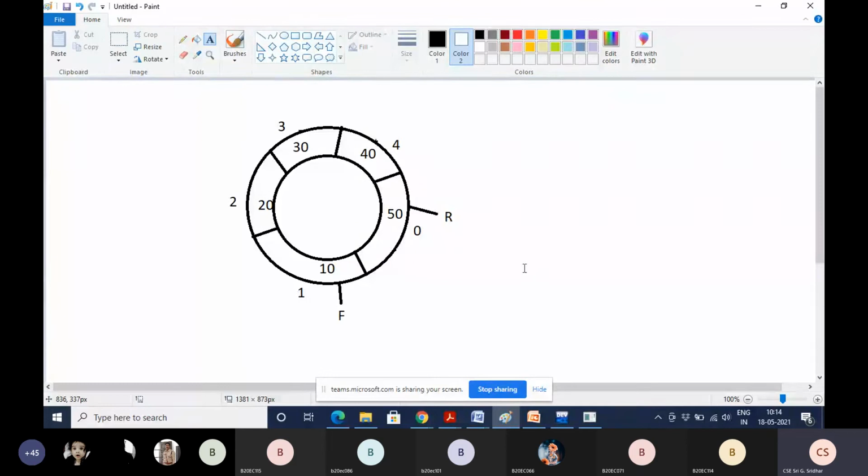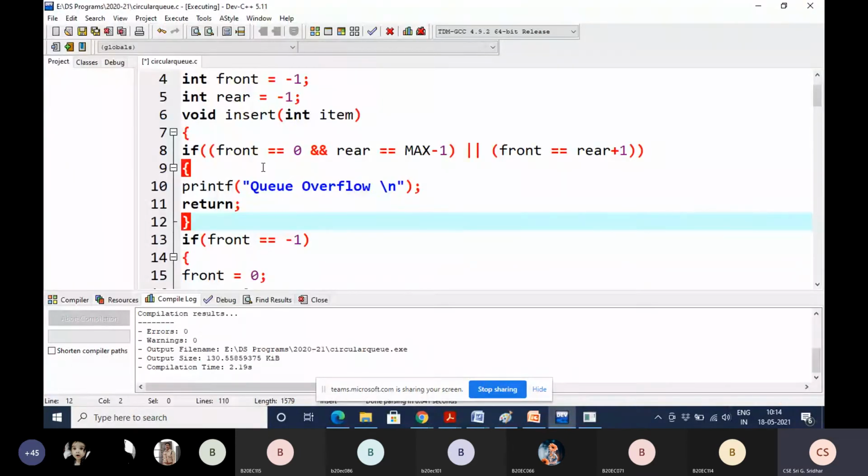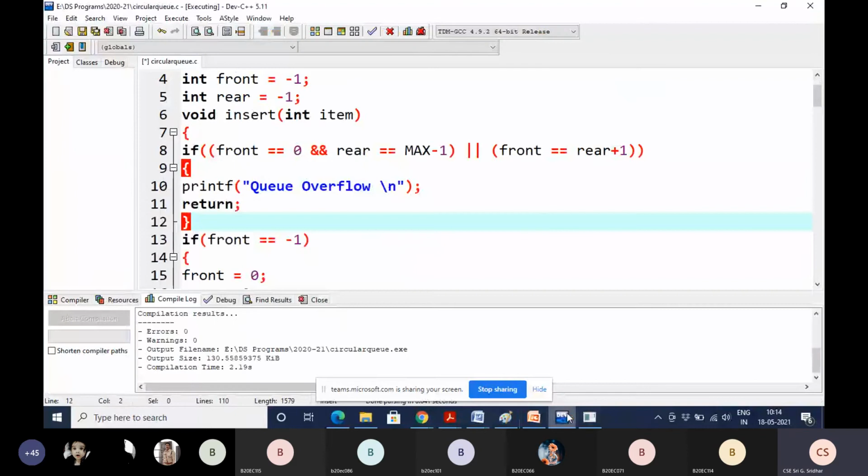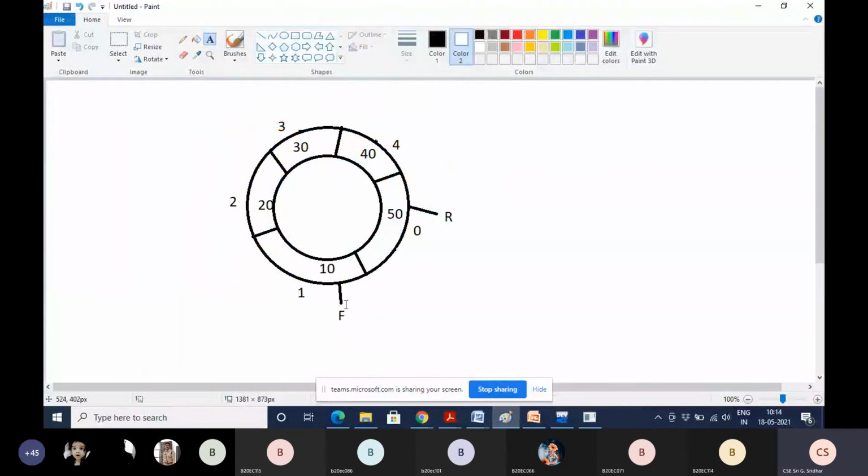Why? Because if front equal to rear plus 1, that is the condition we are writing here. Please concentrate because you have to tell one answer now. If front is equal to 0 and rear equal to max minus 1, the circular queue is full. Otherwise, if front equal to rear plus 1, like this, 0 plus 1, in that case also the circular queue is full.